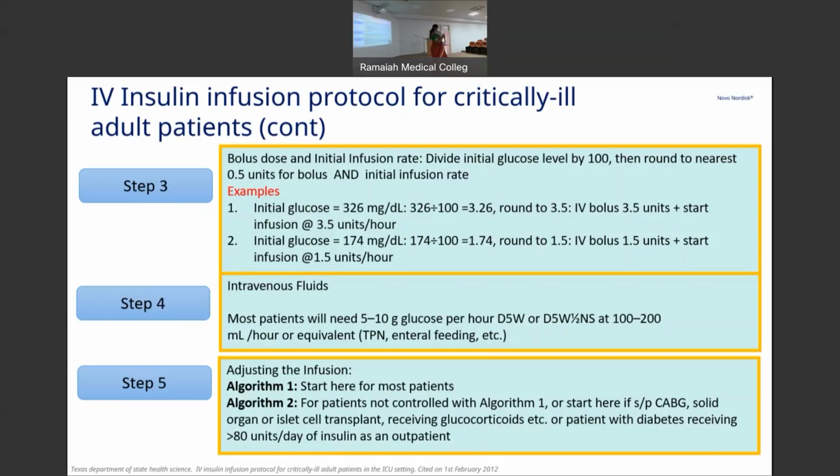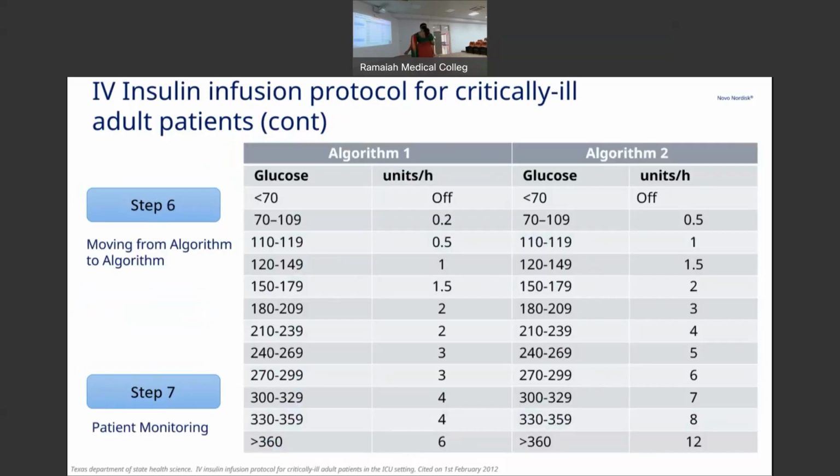What happens if the sugars are not coming under control? What do you do then? You have to increase the insulin infusion rate corresponding to the blood sugar level. This is what is referred to as an algorithm method to decide the infusion rate. So they will have, let's say, 4 algorithms. You start with algorithm 1, it's arbitrarily decided. Okay, when you say if it is between 180 to 200